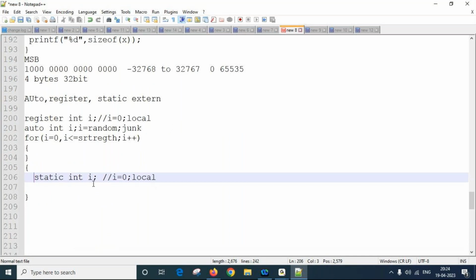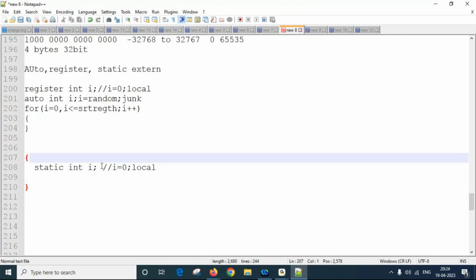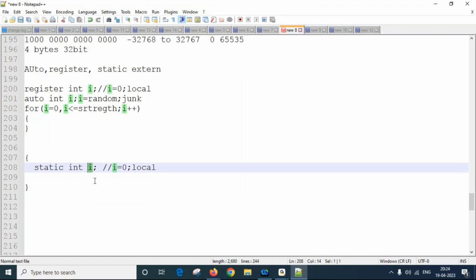It is local to any function, but its value will not change if the execution comes out of this function also. We will see a sample for that shortly. That is, its lifetime will be available. Once any change is made to this variable, it is available